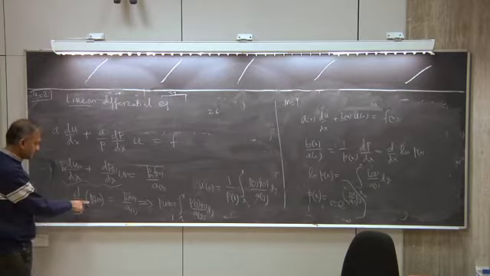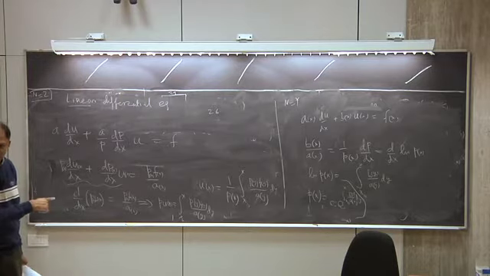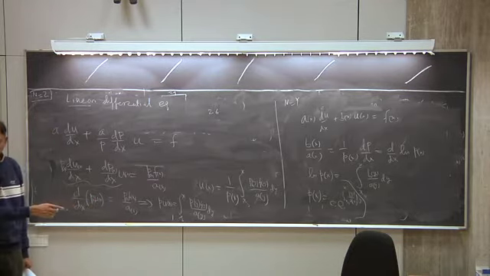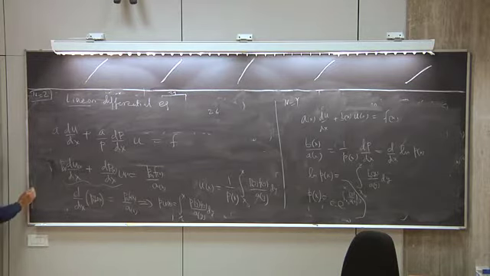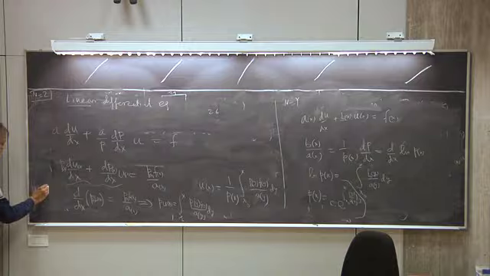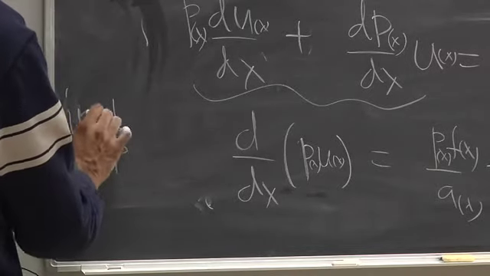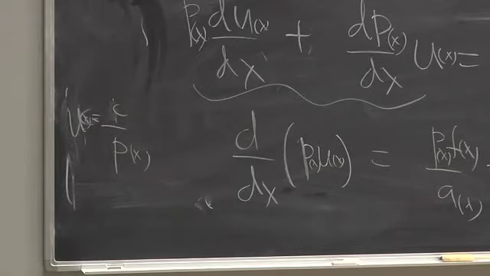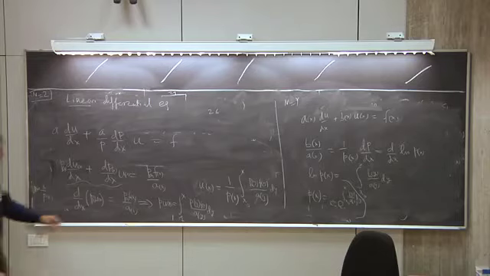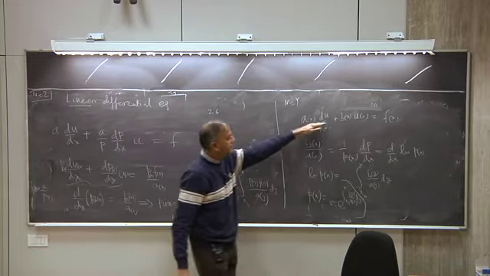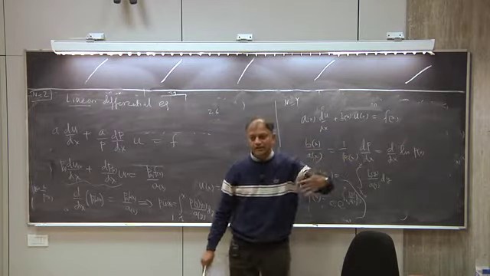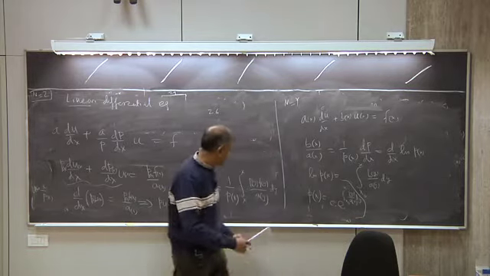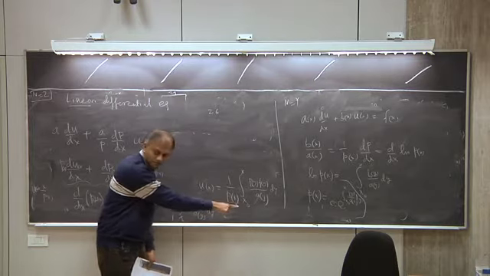Actually, maybe I should say, it's not P, it's 1 over P, I think, right? Because if f was 0, this equation says that this is equal to 0, right? So u equal to any number divided by P is a solution, right? Any number divided by P. And in fact, you can see there's an arbitrariness here, because if I find a particular solution of this equation, to that I can always add a solution of the homogeneous equation. That will still be a solution, right? And that ambiguity comes about because if I change x naught,